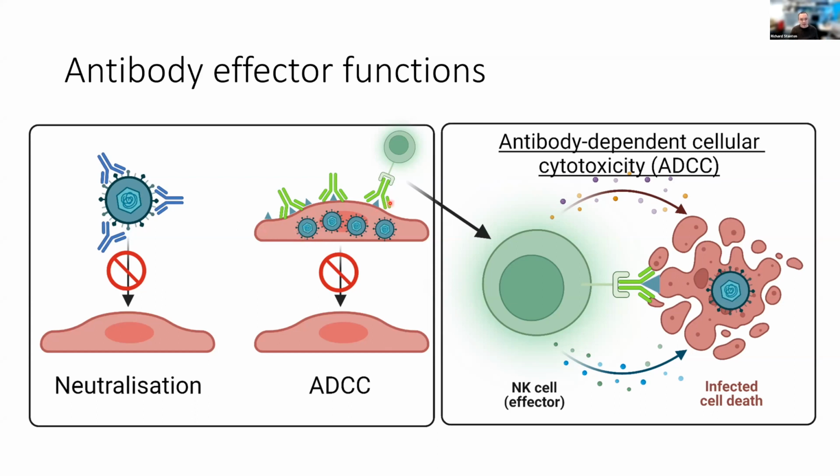So at this point, what you need are antibodies that, rather than binding the virion, bind the infected cell. They're going to recruit things like natural killer cells to carry out activities such as antibody-dependent cellular cytotoxicity, or ADCC, where the NK cell recognizes the antibody-bound target, kills it off, and controls the infection. So these two antibody activities are really very complementary. One targets the cell-free virion. The other targets the cell-associated virion.